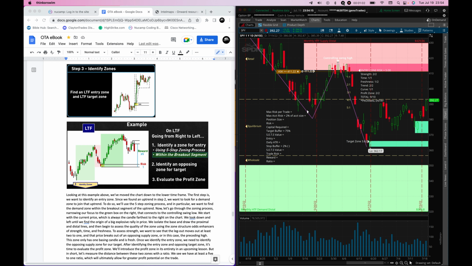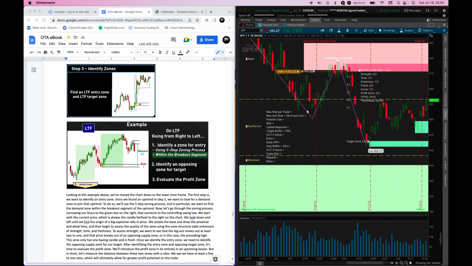Since we found an uptrend in step 2, we want to look for a demand zone to join that uptrend. To do so, we'll use the 5-step zoning process, and in particular, we want to find the demand zone within the breakout segment of the uptrend. Now let's go through the zoning process, narrowing our focus to the green box on the right that connects to the controlling swing low. We start with the current price, which is always the candle farthest to the right on